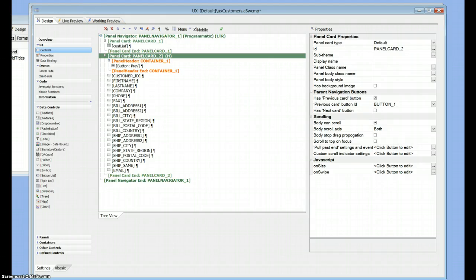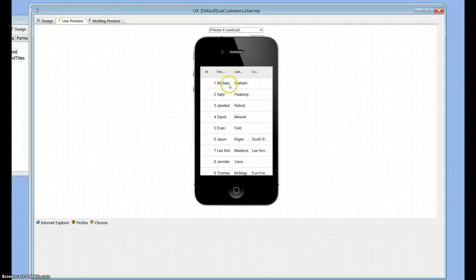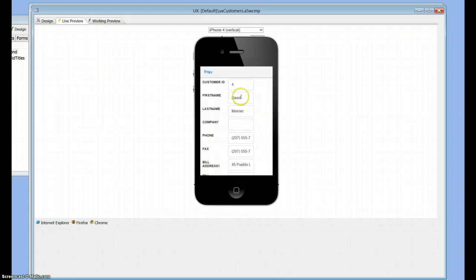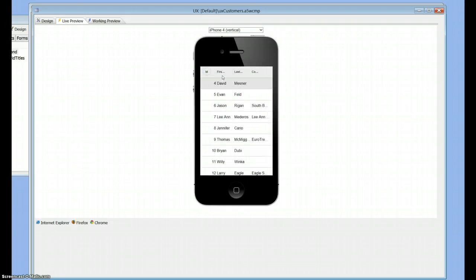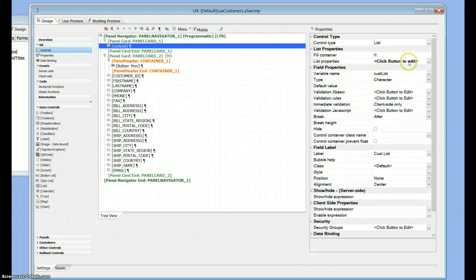And that's all there is to this UX component. It's just a regular component. If I run it, there's no code running in here at all. So here we have a list of customers, and I can click on Evan, and I can click on David Mesner, and it just shifts over and shows me. Oh, there is an on tap. Sorry. If I go back in here